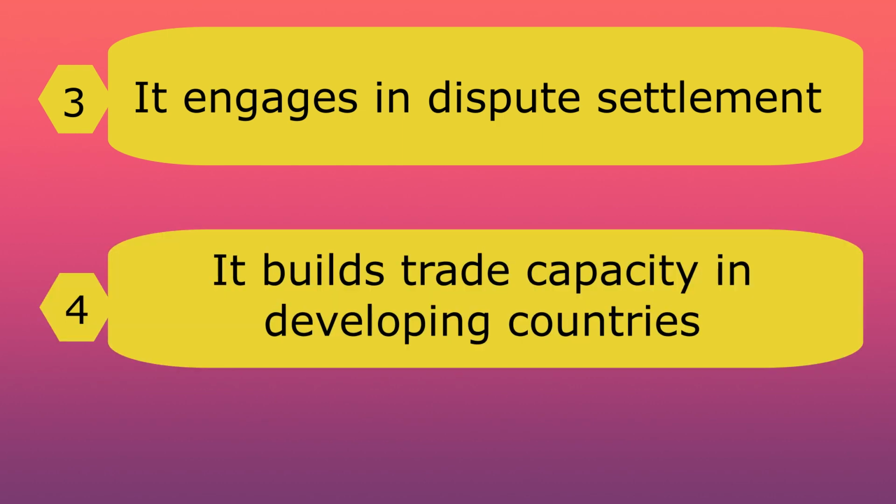4. Building trade capacity. The WTO agreements contain special provisions for developing countries, including longer time periods to implement agreements and commitments, measures to increase their trading opportunities, and support to help them build their trade capacity, to handle disputes, and to implement technical standards. And it's fair, developing countries will better be able to implement the agreements set out by the WTO. And so it's good that they give developing countries some time to get everything sorted out.